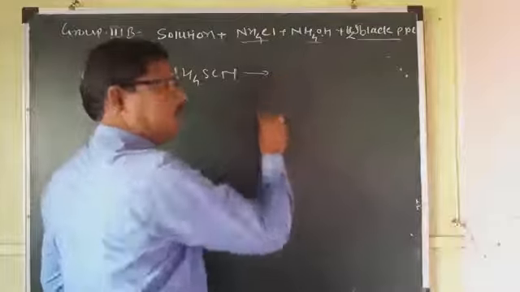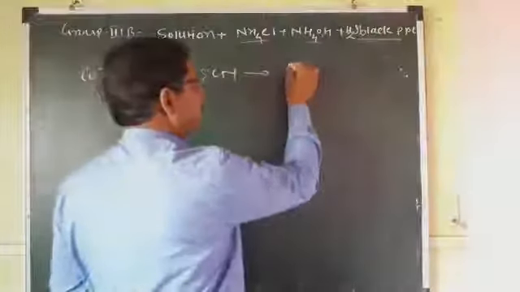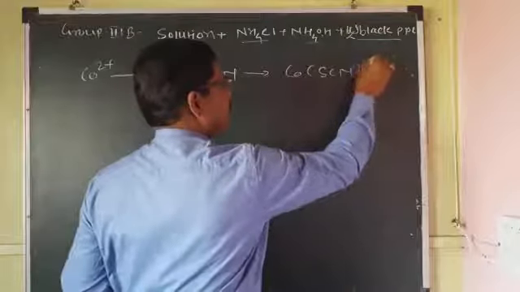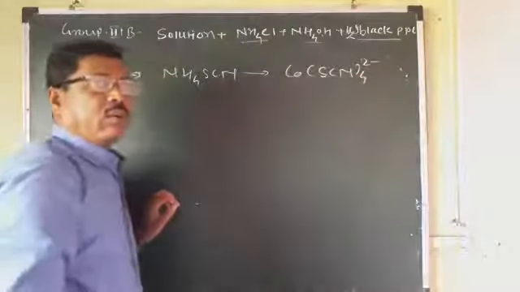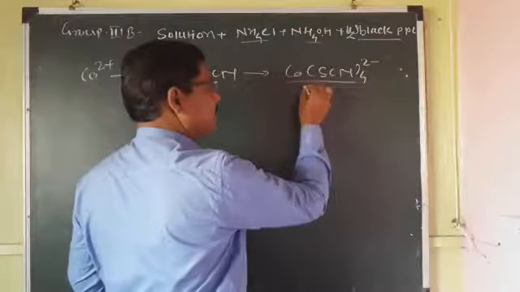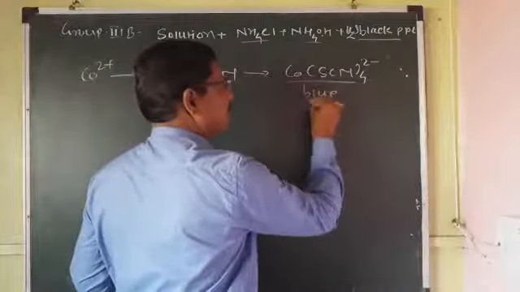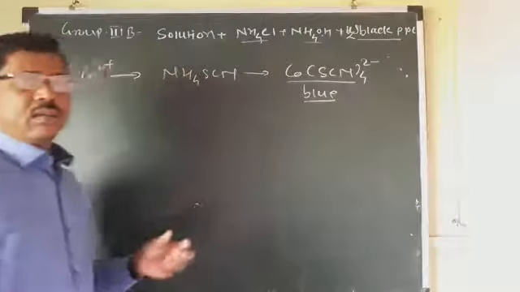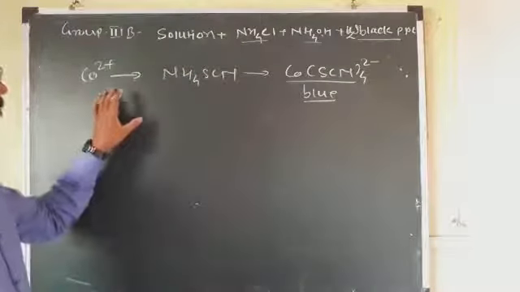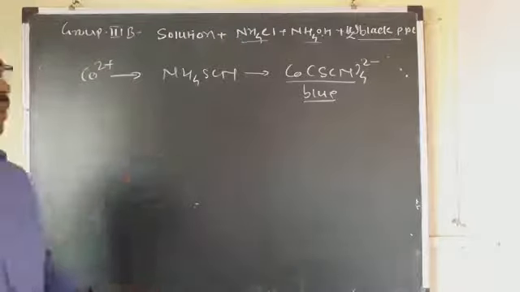That is to indicate the cobalt is confirmed. Cobalt ESCl 4 2 minus. Cobalt ACN 2 4 minus. That indicates the blue color appears on the plate. Okay, and therefore cobalt 2 plus ion is confirmed.